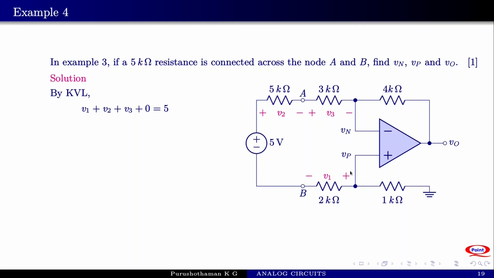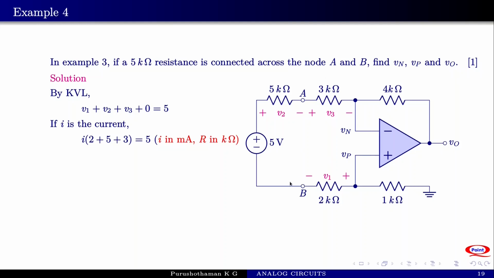0 is the voltage across these terminals. So it must be equal to 5. V1 plus V2 plus V3 plus 0 equal to 5. Now, if a current I is flowing through these resistors, the current will be the same through all the resistors. The voltage across 2 kilo ohm resistance V1 is equal to I into 2 kilo ohms. So, if there is a current I, then we say that I into 2 plus 5 plus 3 equal to